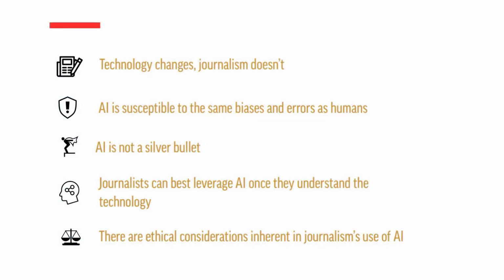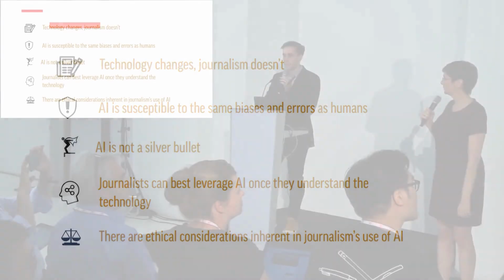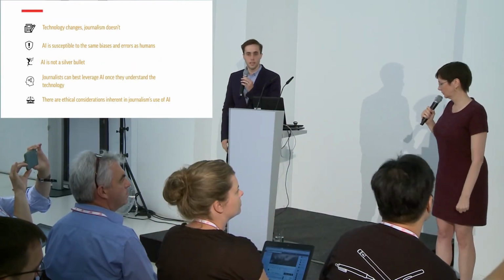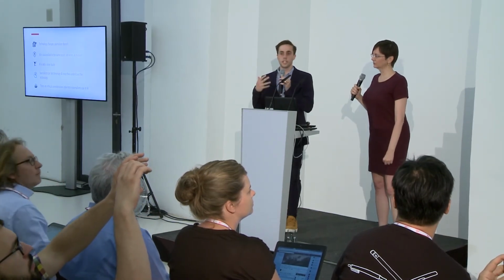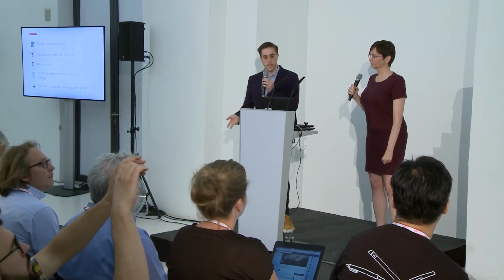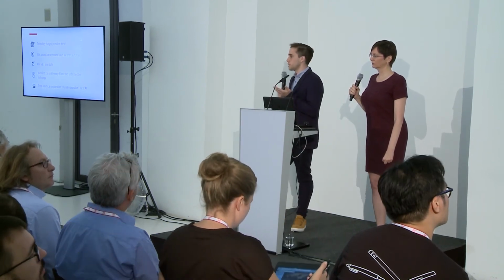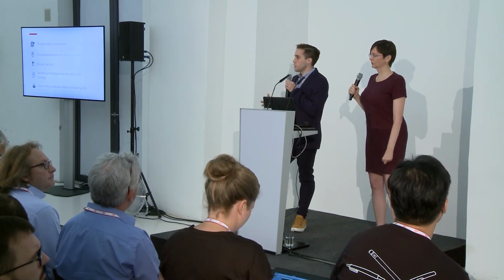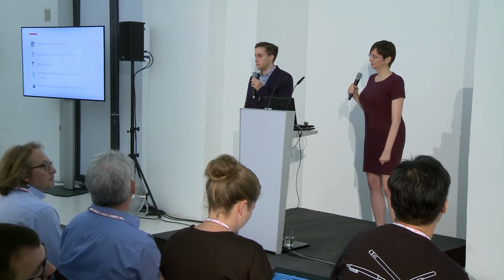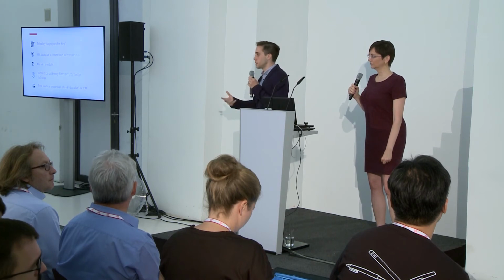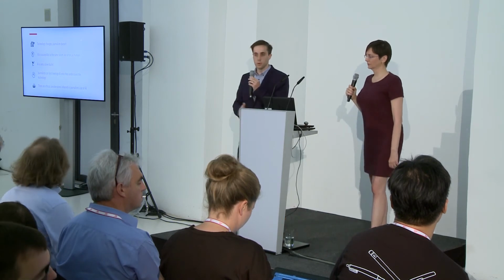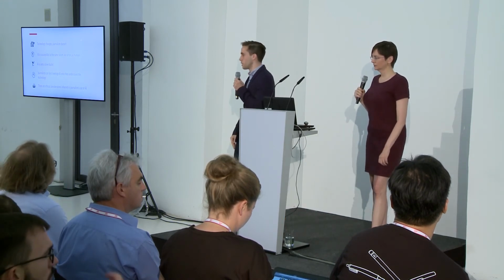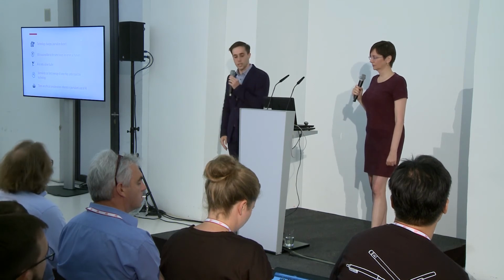So a few takeaways for you to consider. Technology is always changing. Today's artificial intelligence or virtual reality or blockchain, whatever it might be, journalism doesn't change just because the tools change. And as Lisa mentioned, automation and AI can make errors if the data is not vetted, if it's not controlled by human editors and journalists. AI is not going to solve all of the problems. There's no silver bullet for the disruption going on in the publishing industry.